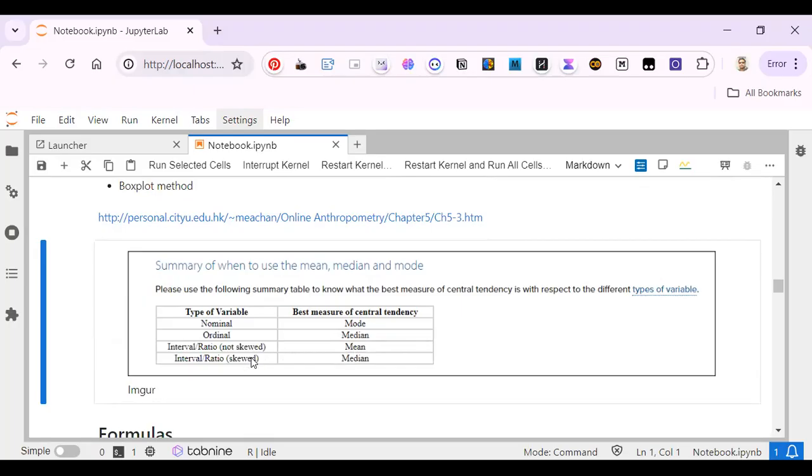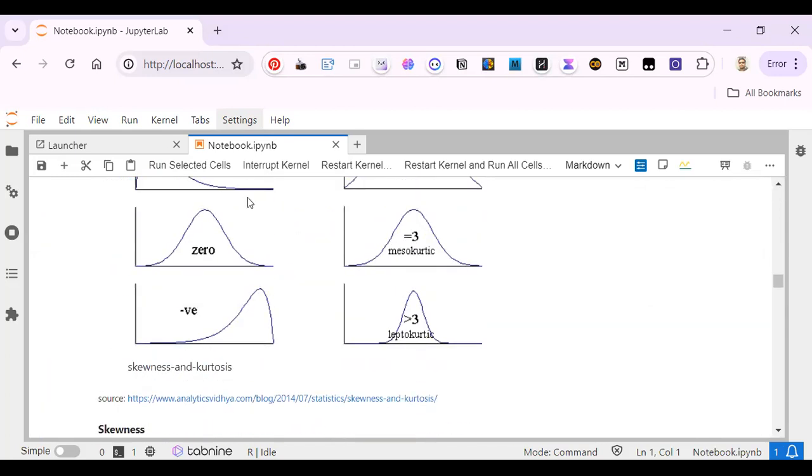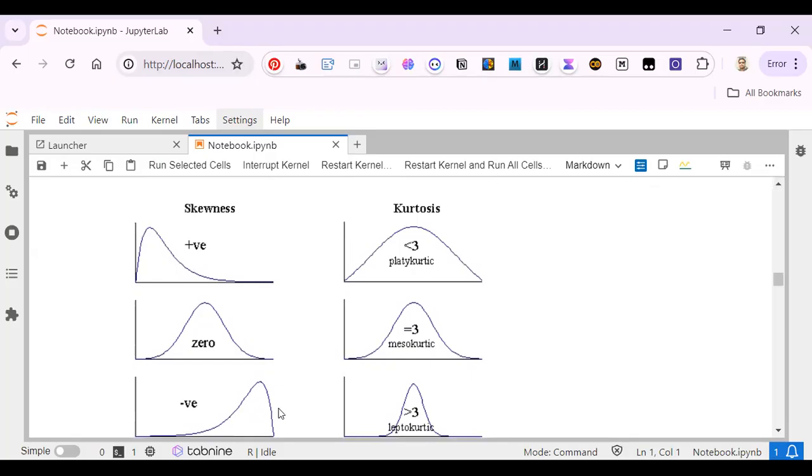Now if it is skewed, then what do I have to look at? We have to look for the median. For example, this is also skewed, this is also skewed. Most of the people are there at the median. So here the median is on the right side, here the median is on the left side. So that's where we have to move ahead and understand how these graphs